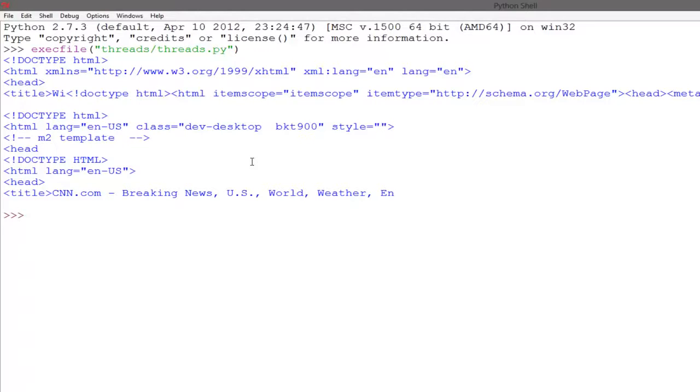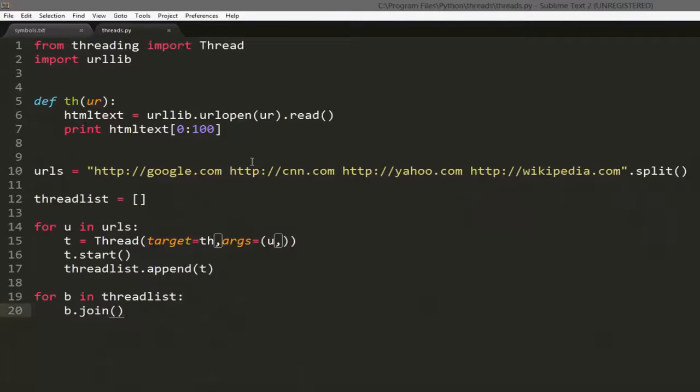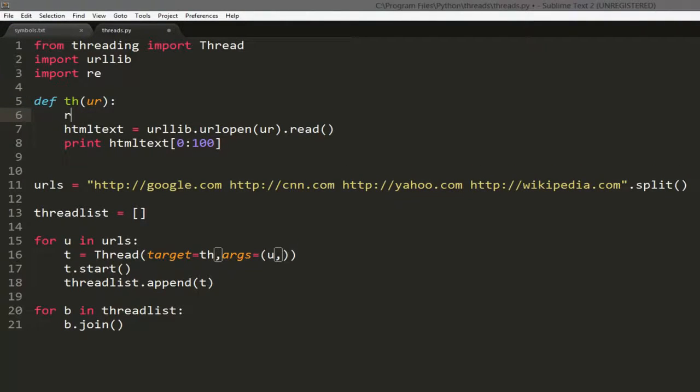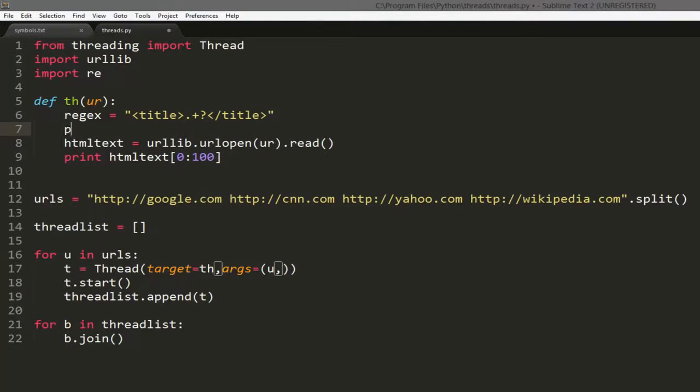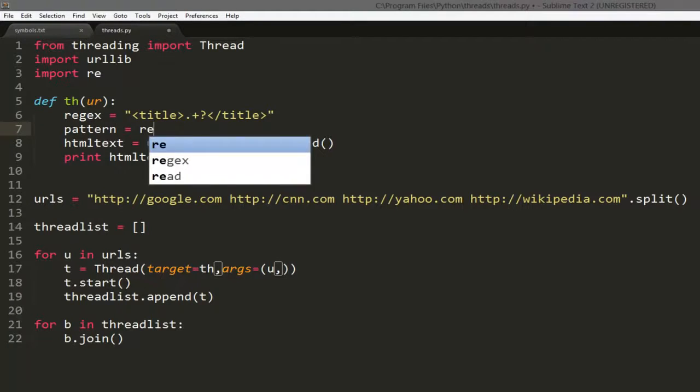Now I'm actually going to get just the titles, to show you a few things that are necessary for multi-threading. Up here we actually need to import the regular expressions library. So import re, and this is all the same stuff we've been doing in the past tutorials. So regex equals, we'll get the titles, so title, dot plus question mark, and then pattern equals re.compile